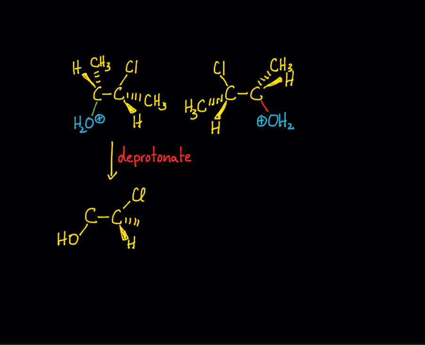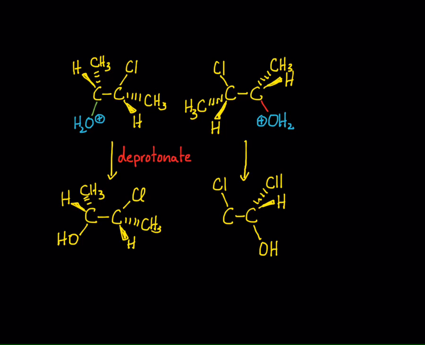So I end up with these two structures here. This is one of them, and this is the other one. And so you see these are enantiomers of one another, so I would get a racemic mixture